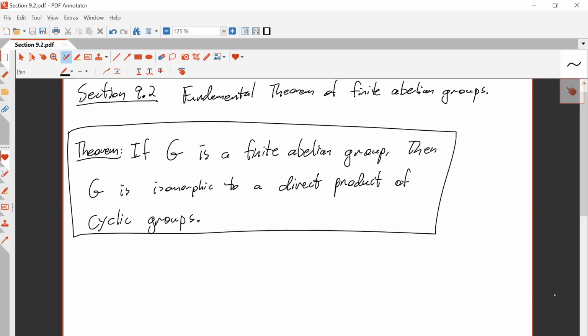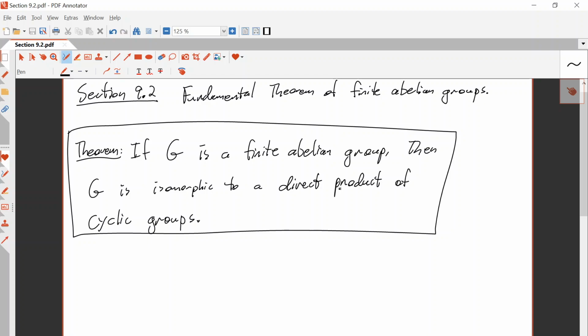Today this is a lecture on section 9.2. Section 9.2 is on the fundamental theorem of finite abelian groups. The fundamental theorem of finite abelian groups says the following. If G is a finite abelian group, then G is isomorphic to a direct product of cyclic groups. Okay. So this is going to allow us to characterize, up to isomorphism, all